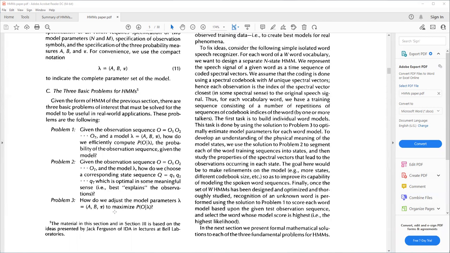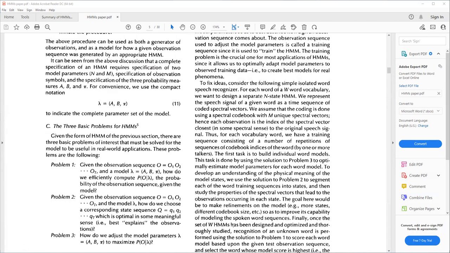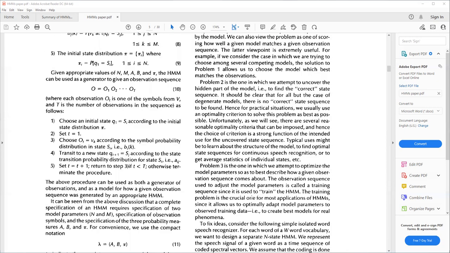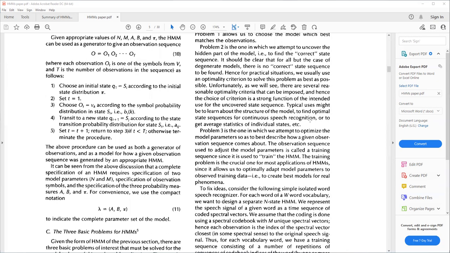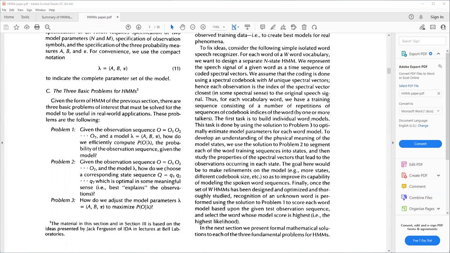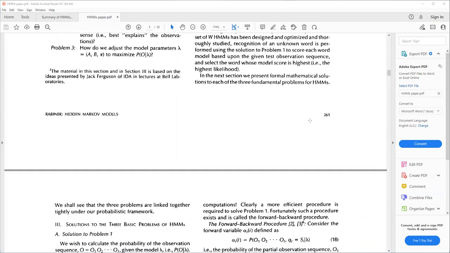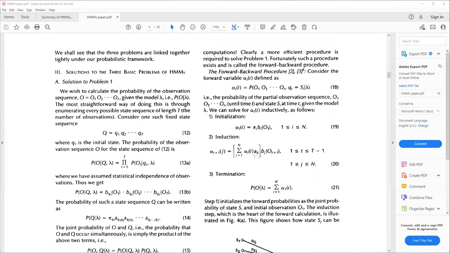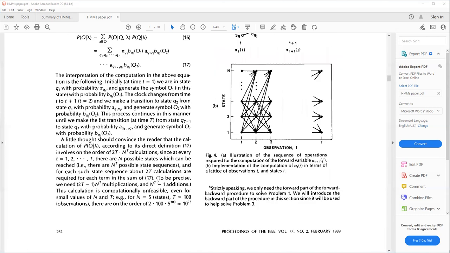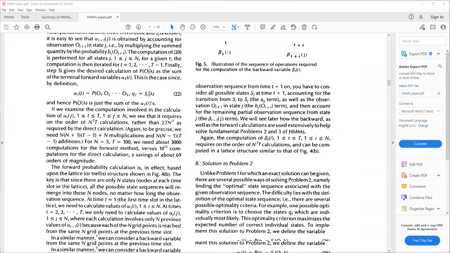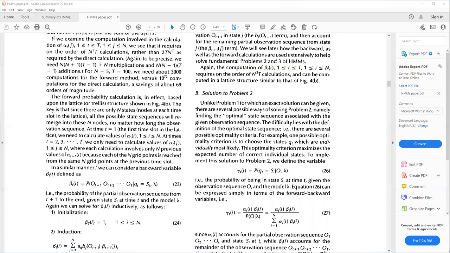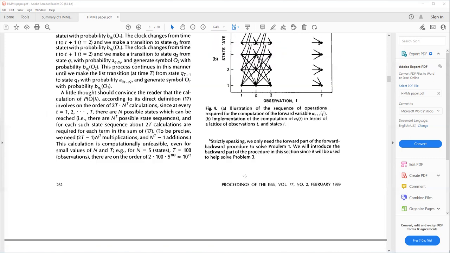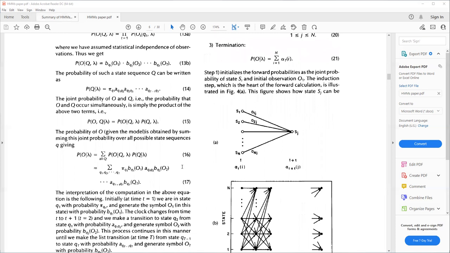Okay, and of course problem 3 we've already discussed. So let us just focus on these two problems, see some examples of these, and see the different algorithms. The algorithms given in the Rabiner paper are, unfortunately, too mathematical, and from an explanation point of view, you won't be able to understand much from the Rabiner paper. So for that reason, we're going to skip to